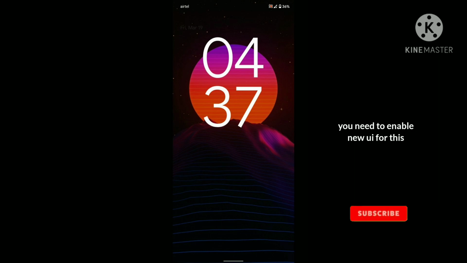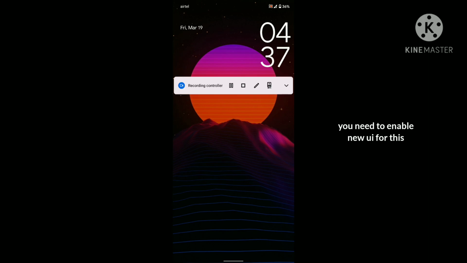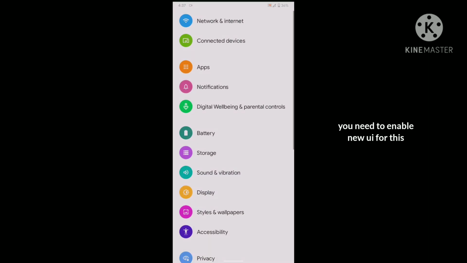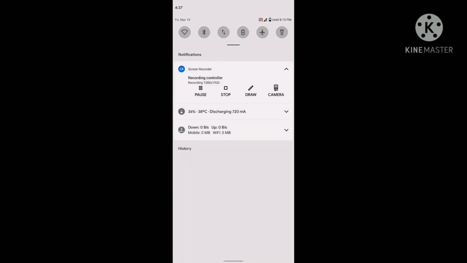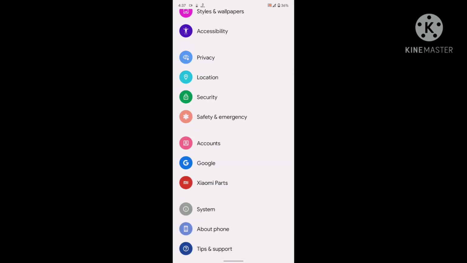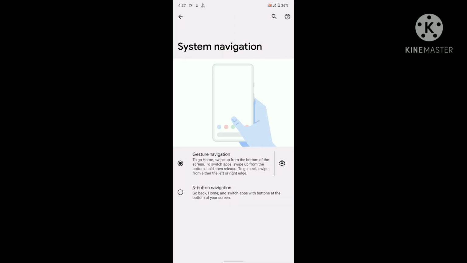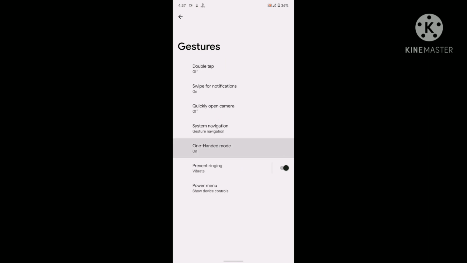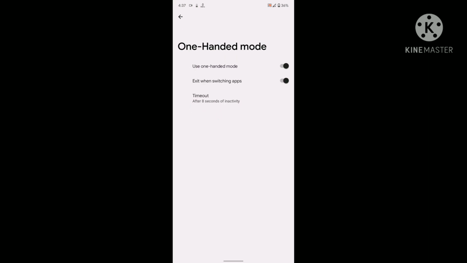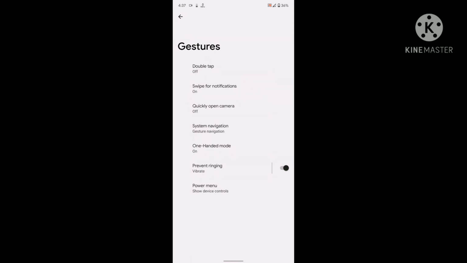The very first change that you will notice is the lock screen clock, where you can see the lock clock is moved to the right and the date has been moved to the left, and that works only when a notification appears. Then under system settings and under gestures, you will find one-handed mode, which works perfectly fine, but it was hard for me to enable it as swiping down on the home button is quite hard. And developer preview 1 didn't have it, so it is now available and working perfectly fine.